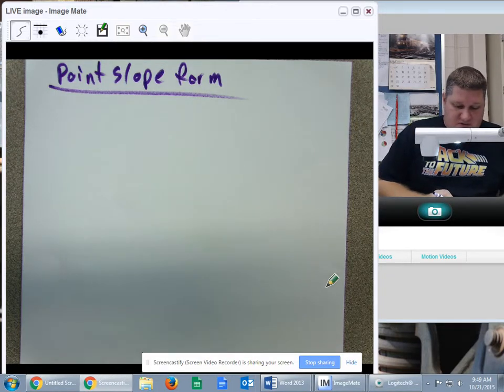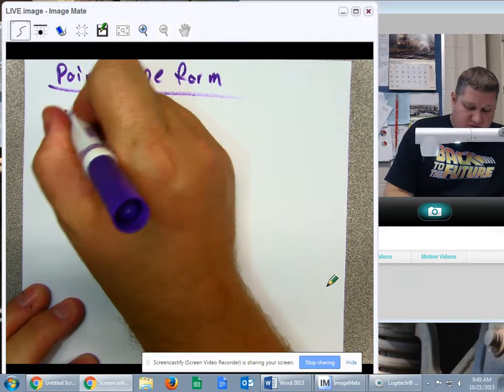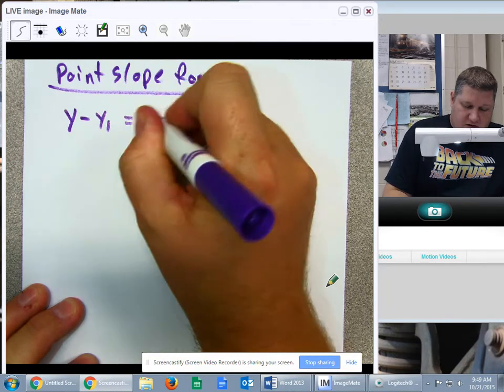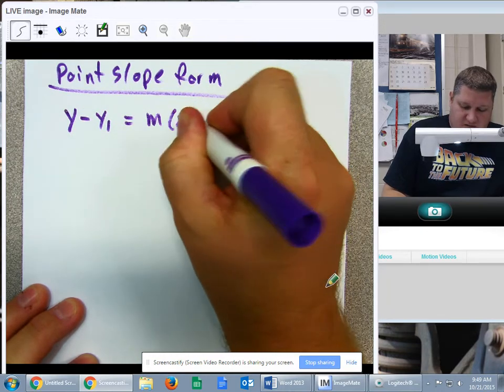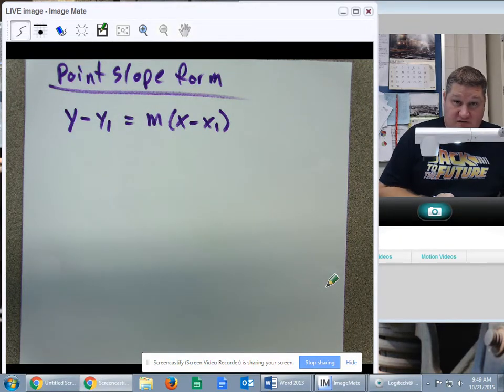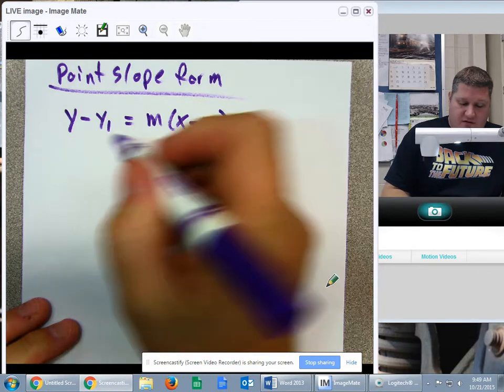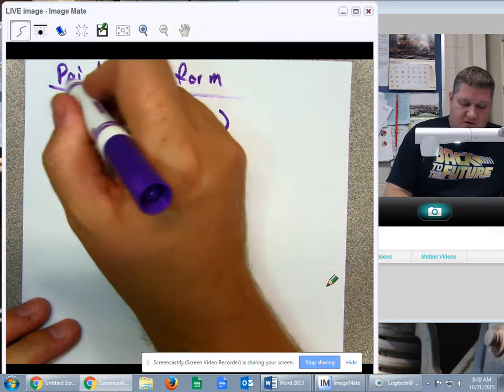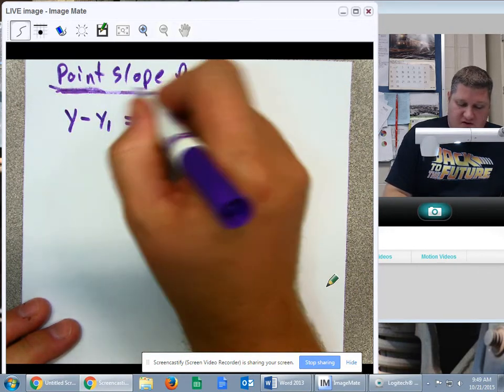Okay, ladies and gentlemen, we have point slope form. Point slope form is going to be y minus y1 equals m times x minus x1. You absolutely must know this formula for all quizzes and/or testing purposes. Now, you'll notice that it's called point slope for a reason because it deals with points and it deals with